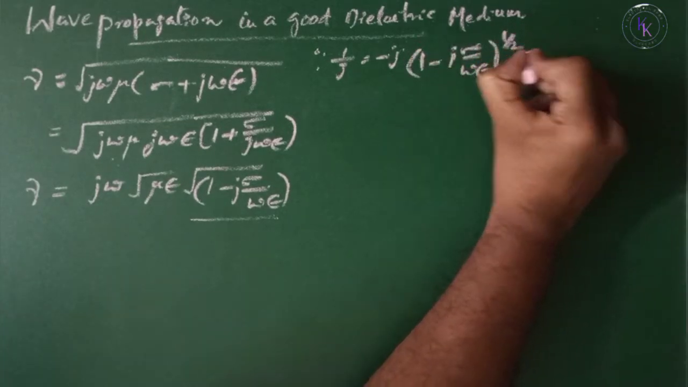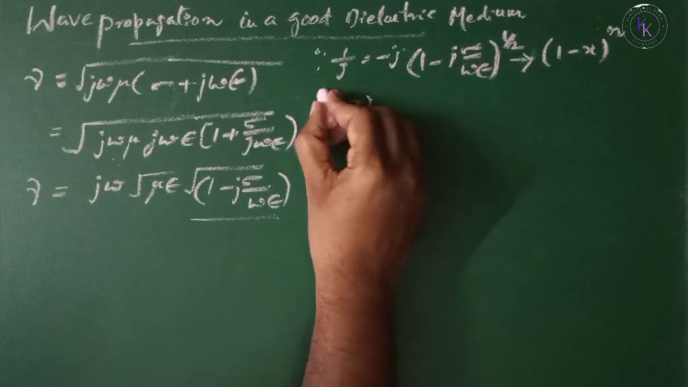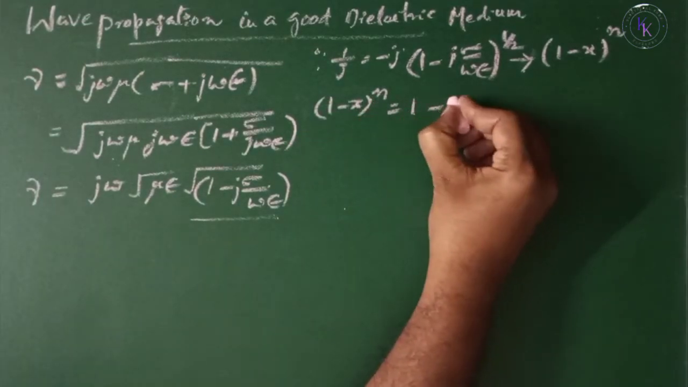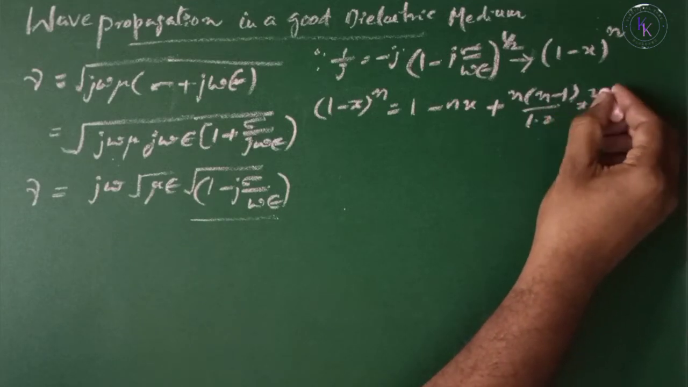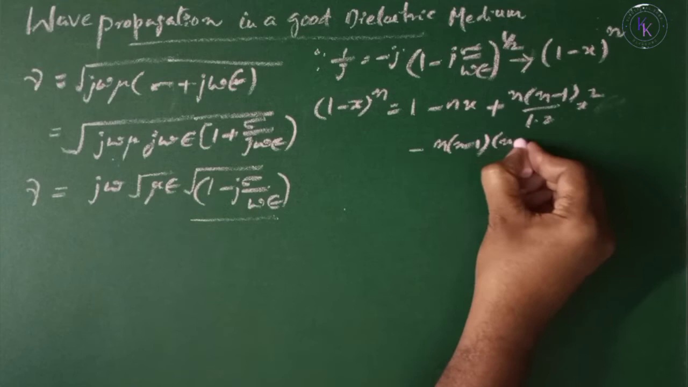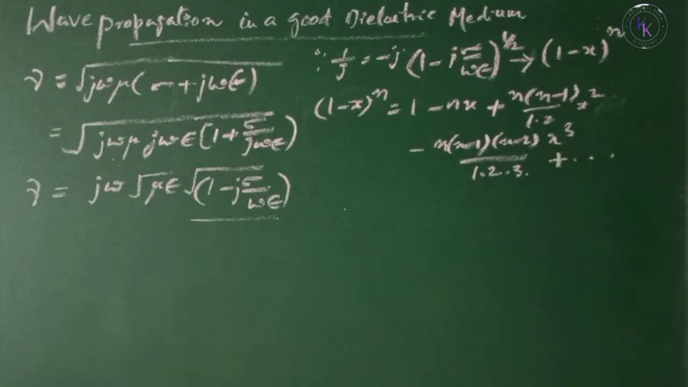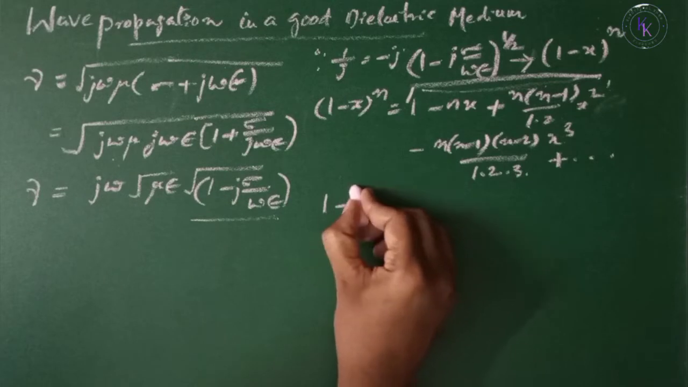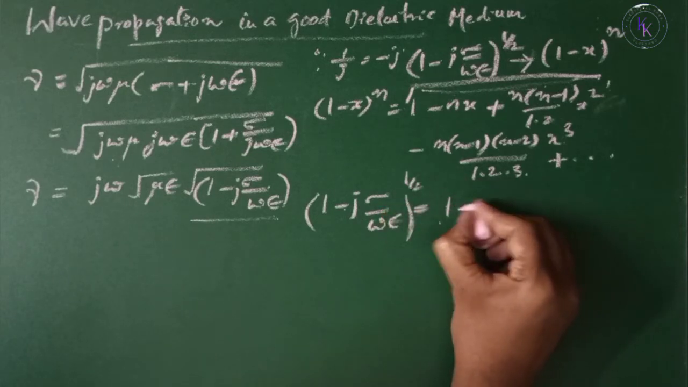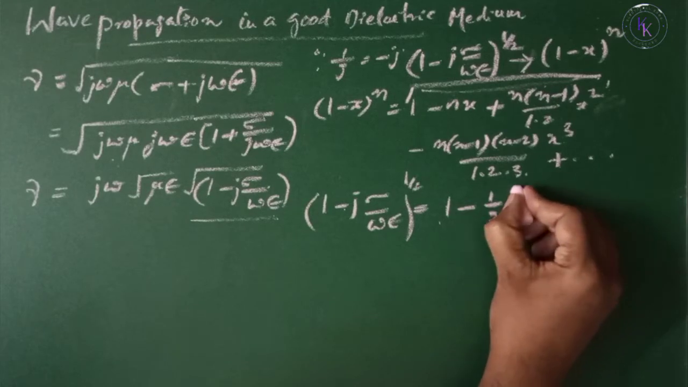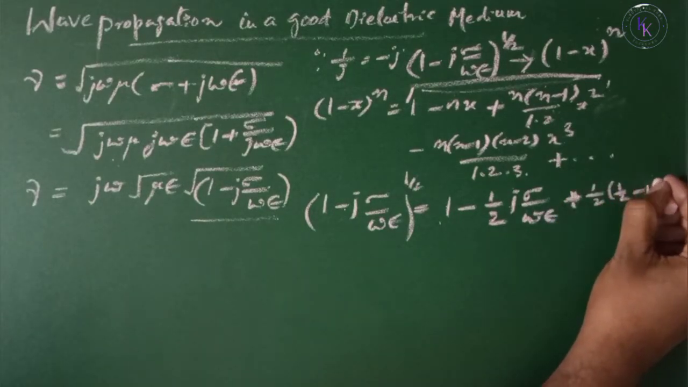When you observe the term (1 minus j sigma by omega epsilon) to the power of 1 by 2, it is in the form (1 minus x) to the power of n. Let us expand that: (1 minus x) to the power n equals 1 minus nx plus n(n minus 1) divided by 1 into 2 times x square, minus n(n minus 1)(n minus 2) x cube divided by 1 into 2 into 3, and so on. Neglecting the higher powers, with n equal to half, x is j sigma by omega epsilon,